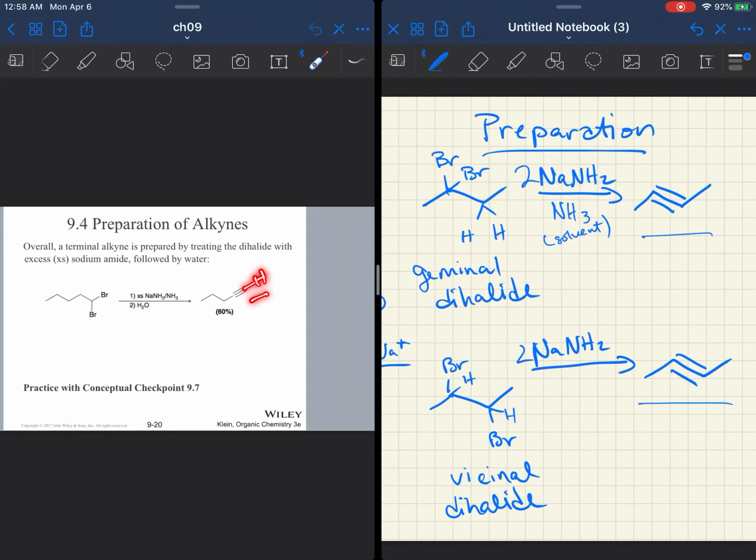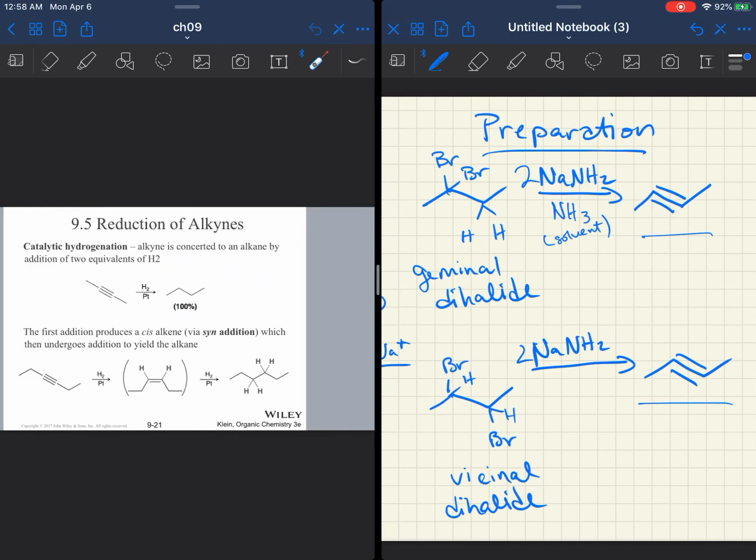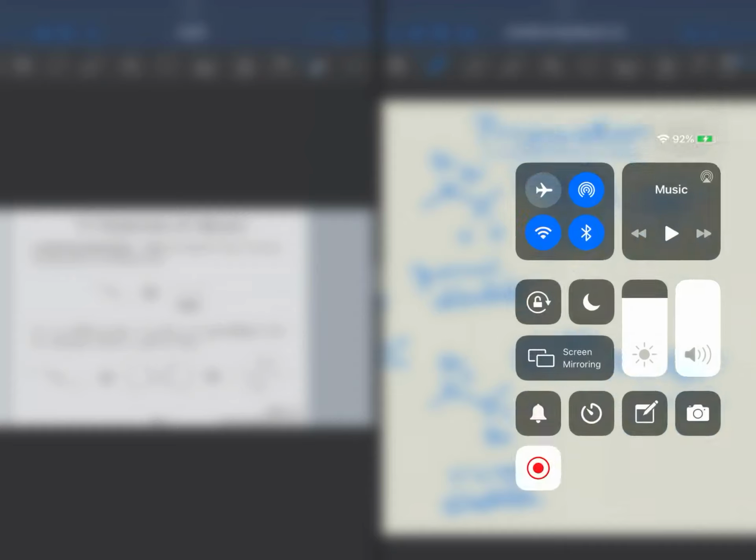Okay. Why do you have this second step of water? Well, if you make a terminal alkyne, this proton is going to be very acidic. You're in a very basic environment. And so step 2 is just to provide that hydrogen, put it back on there, bring that pH back down, right? So that would be the reason why you would see a second step of water there. It's typically only seen